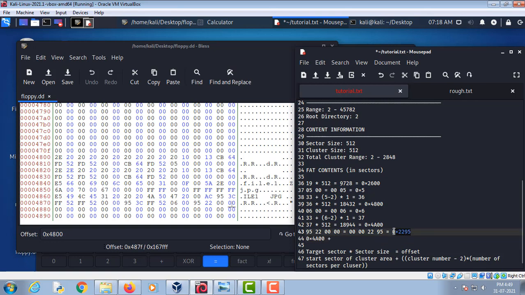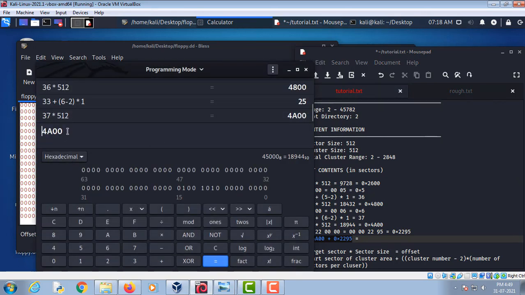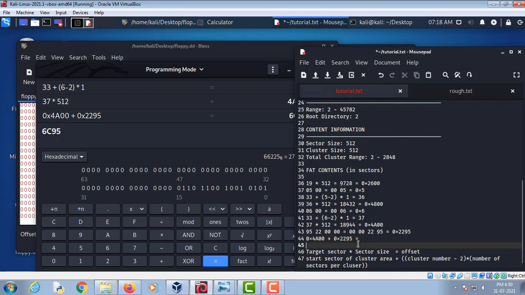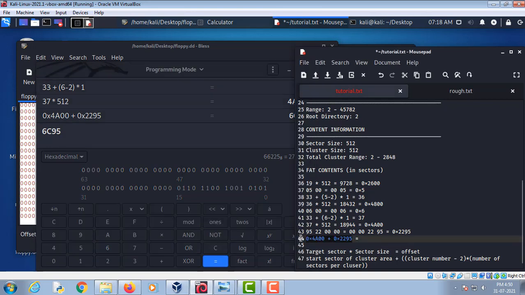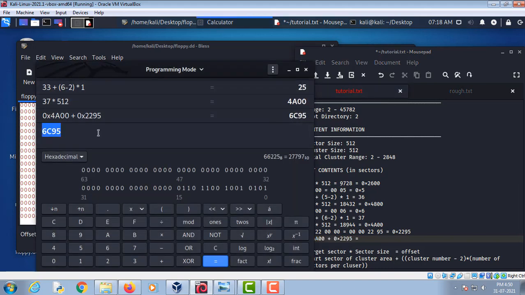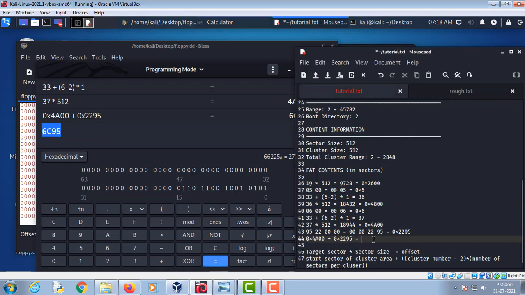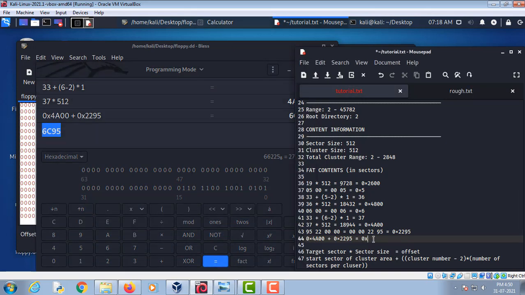Let's add these both numbers using a calculator in decimal. We got this value, 0x. So this is the starting offset, this is the last offset.